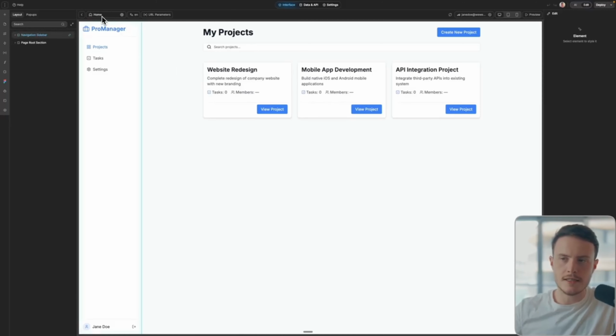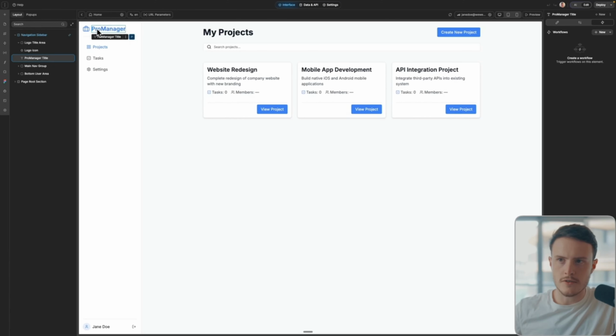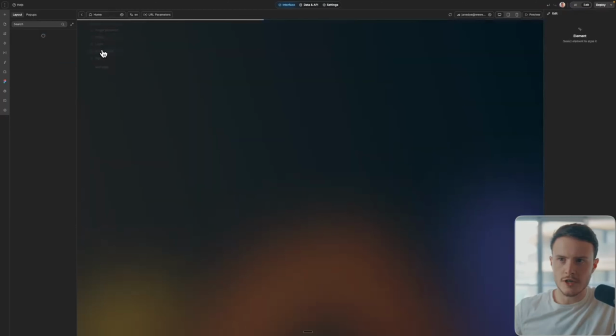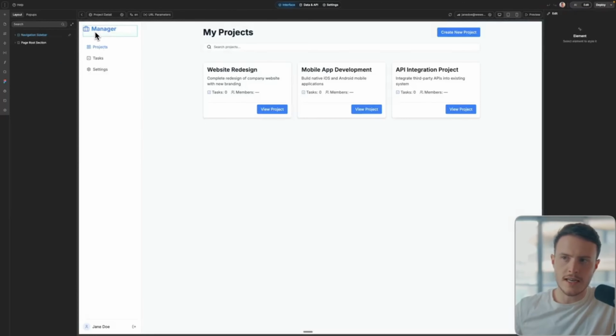And because they're linked, if I was to change something, so for example, let's say I just change the text to manager here, and then I switch back to my new project detail page, you can see the text has also changed within this sidebar. And so now I can use this sidebar as a linked section. So any changes I make, those changes will reflect across all pages,